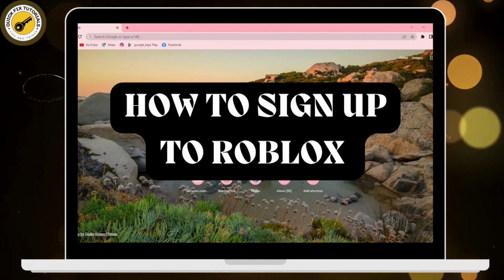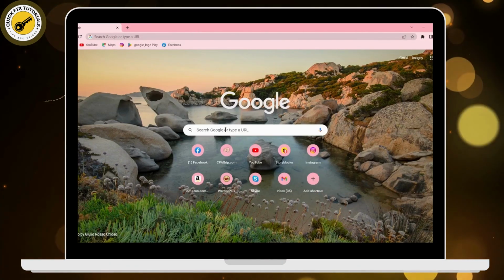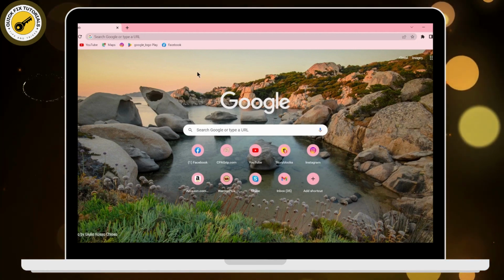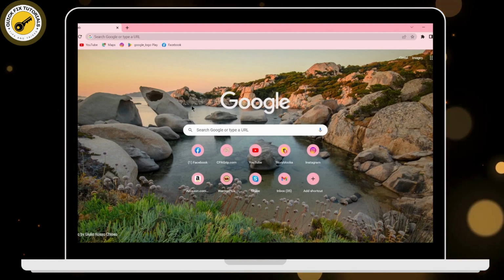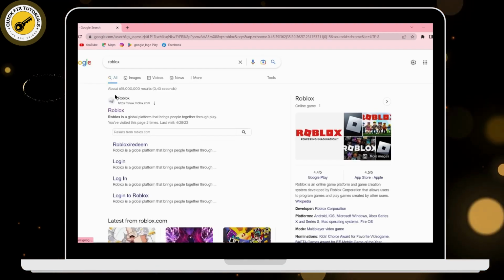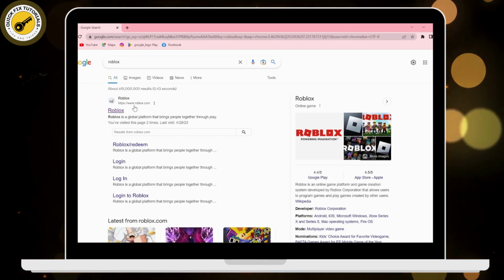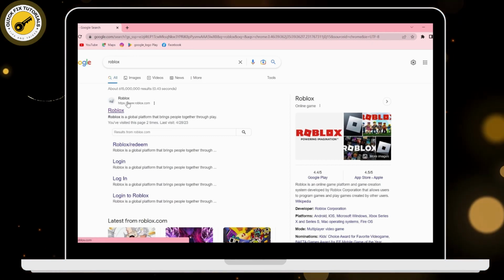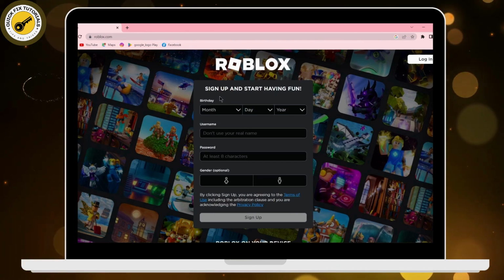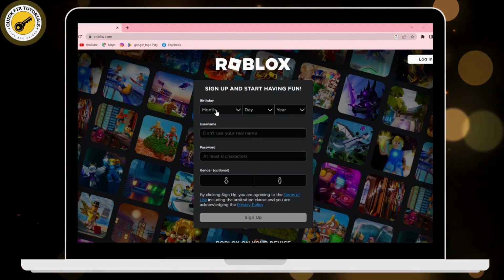How to sign up to Roblox. So to sign up, all you have to do is open up your Google or your Chrome browser and then search for Roblox. And on the first search, you will have www.roblox.com. Click on that, and then it will directly take you to the sign up page,